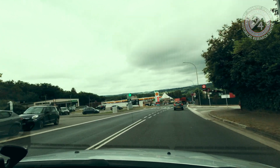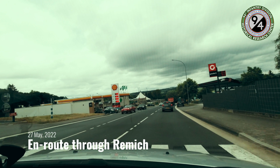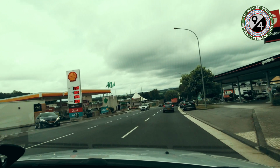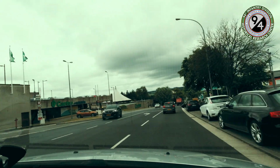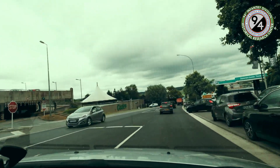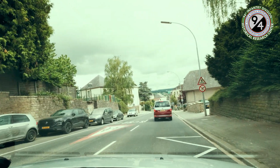So I've arrived in Remich. I'm going to do some shopping. I'm going to fill up my tank, and then I am crossing the Moselle River, and I'm starting, I think, in Tettingen. I'm in Remich now, across from the Moselle, and there in the distance you can see the white